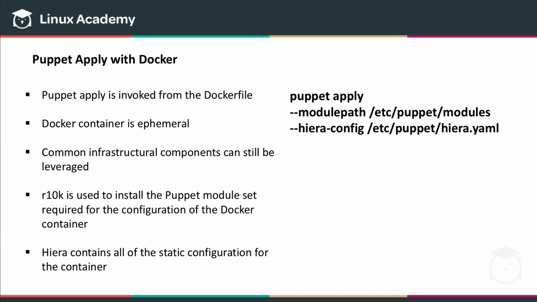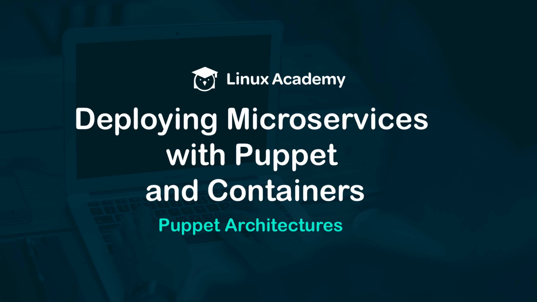So if I have an array defined in Hiera, and it's got Apache, MOTD, NTP, this hiera_include function is the equivalent of saying include apache, include motd, include ntp. There's also a lot of image-specific static config in Hiera, and we'll get a little more into that in the demonstration videos. And that about wraps up the discussion of Puppet